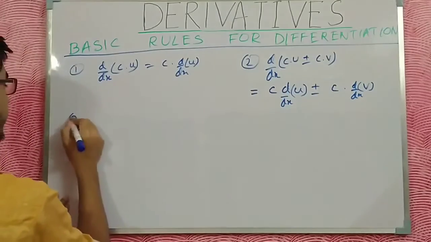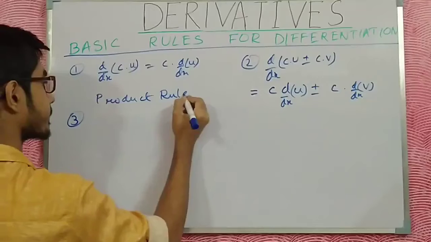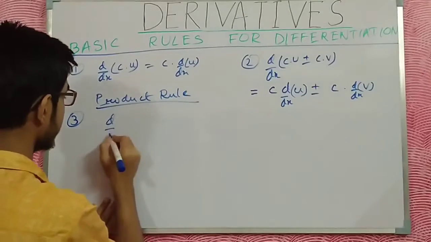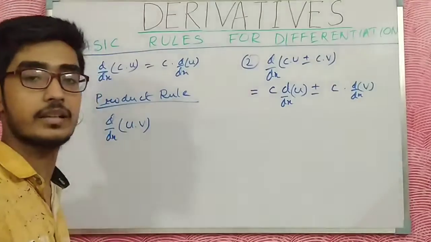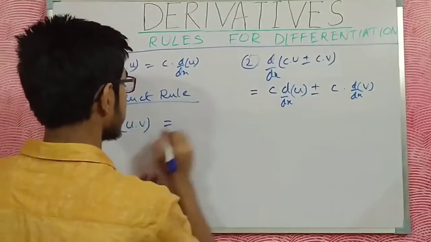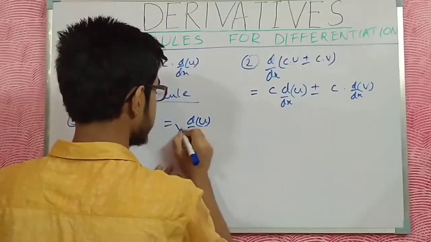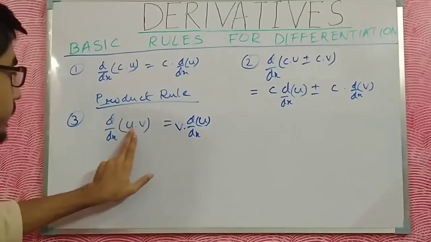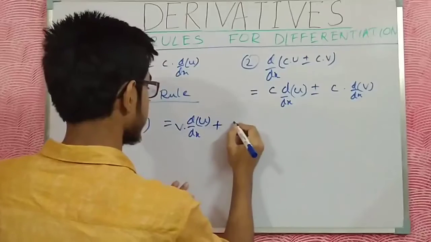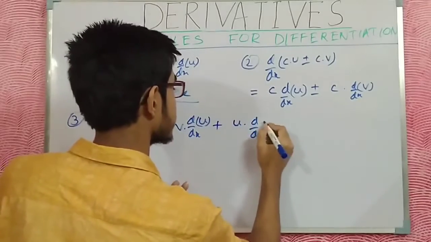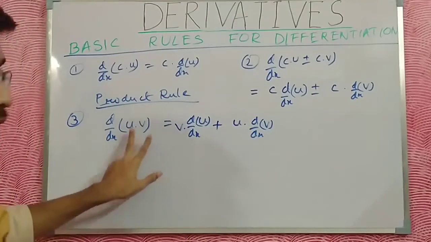And then the third one is known as the product rule. What is the product rule? Let d/dx of some u and v, where two functions are multiplied and we have to find the differentiation of that function. Then this will be d/dx of u into v. At first the function is u, so I will find the differentiation of that function first and v will be outside, then plus u will be outside and then the differentiation of the second function. This is the product rule for when there is multiplication of two functions.